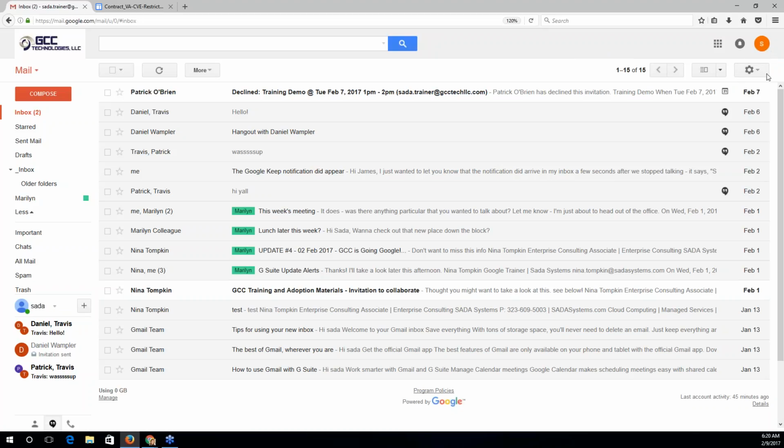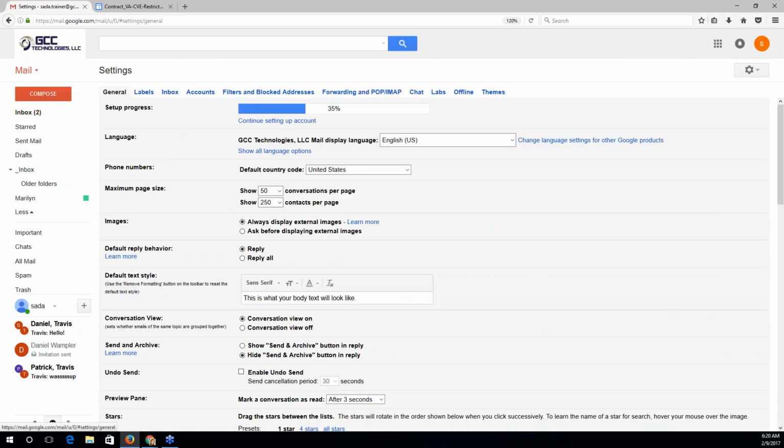And then last but not least, for those of you who are following along with me, I really encourage you to follow along with me for this next step. I am going to kick this off by clicking on this settings gear and dropping down into our Gmail settings so that I can really configure how my inbox should look, act, and feel.